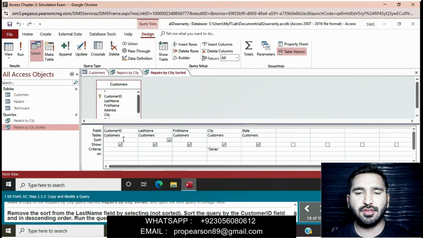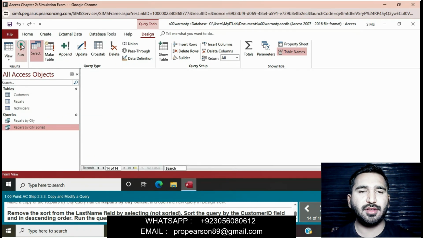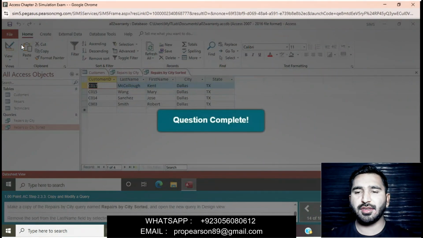Then sort the query by the customer ID field in descending order, and then simply run the query. Okay, you can see here I have done 90% of this exam.